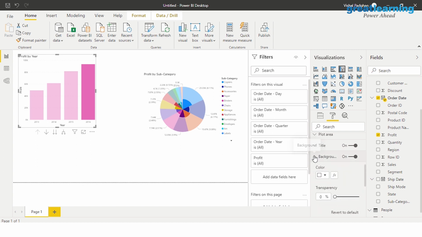Do you want backgrounds? Do you want to add images in the background? You can do that. Why do we need to add images in the background? What purpose does that serve for me? Let's assume that I use images in the background. In that case, the benefit that I get out of adding those images is, let's assume that